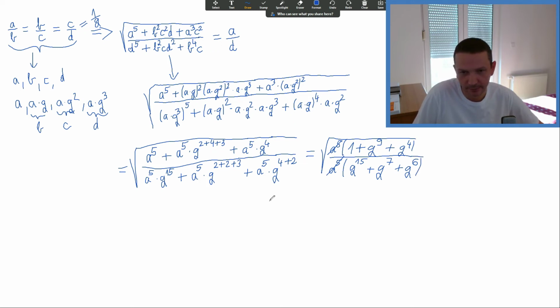It seems maybe complicated, but we can now put Q to the power of 6 in front of the parenthesis here in the denominator. We are getting Q to the power of 9 plus